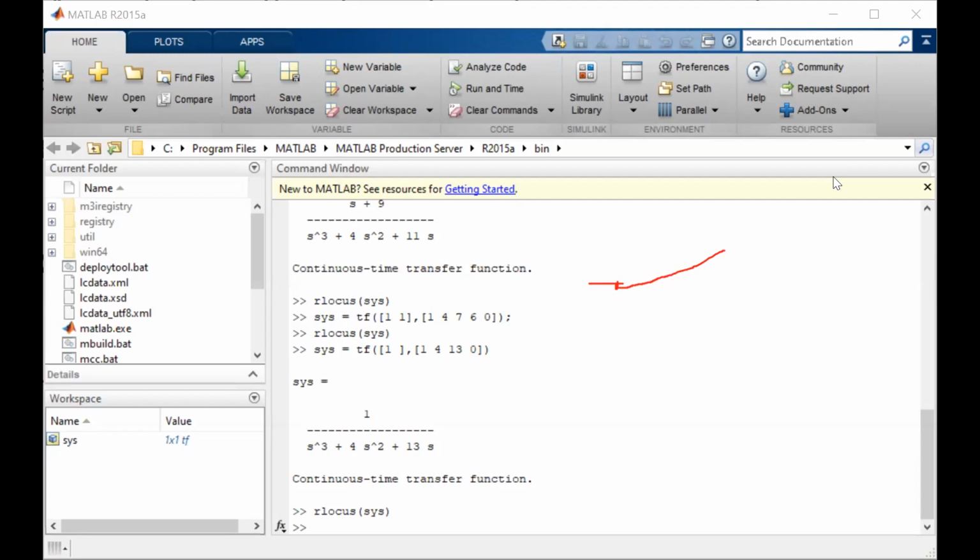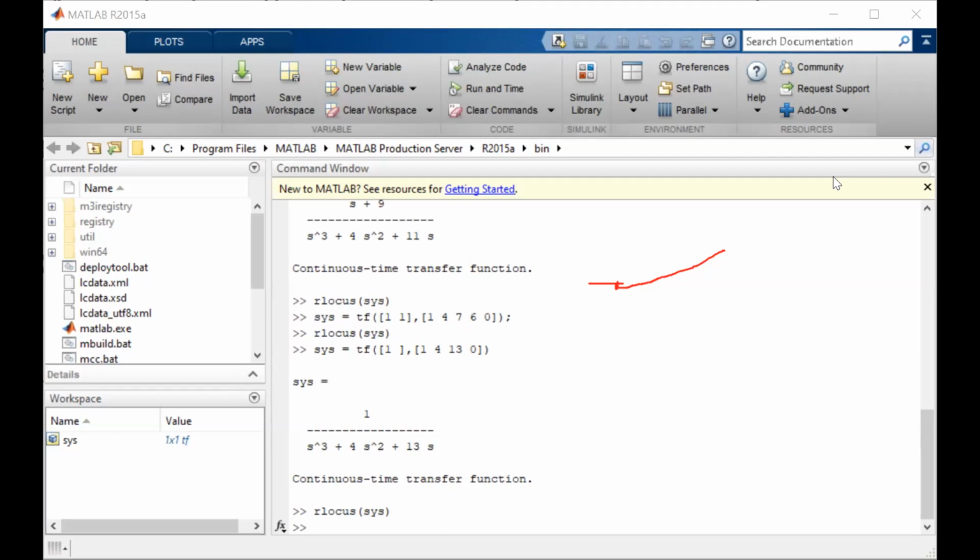If we are trying to see the gain value here, as we move, it is 0, then as we proceed towards the 0, the gain value goes on increasing. Here also you can see, as we come to the point where the root locus starts, that is, on the onset of the root locus at a pole, the gain is 0, and as it proceeds, the gain goes on increasing.